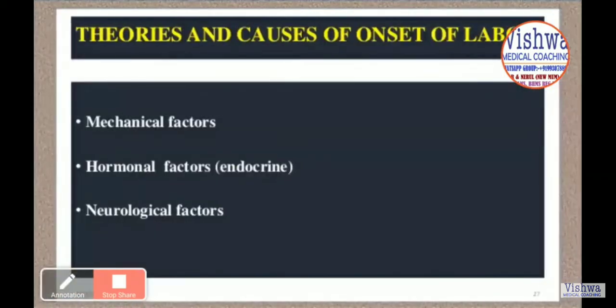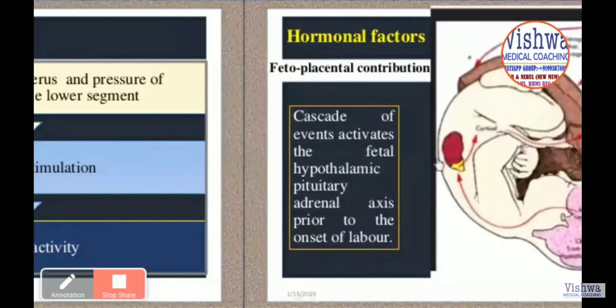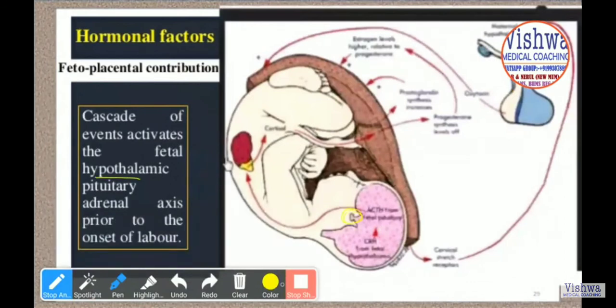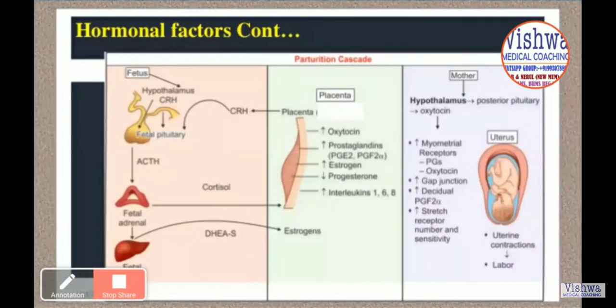We also discussed some of the theories of onset of labor in the previous lecture. Sometimes it can be because of overstretching of the uterus. The uterus gets distended with the baby, and the overstretching initiates the contraction, a mechanical stimulation. And we also have the fetal pituitary gland maturity. This is the fetal pituitary gland. When the fetal pituitary gland matures, that can lead to the onset of normal labor.